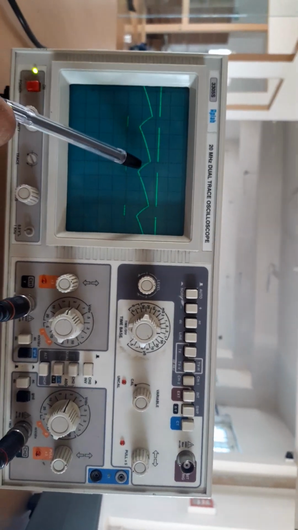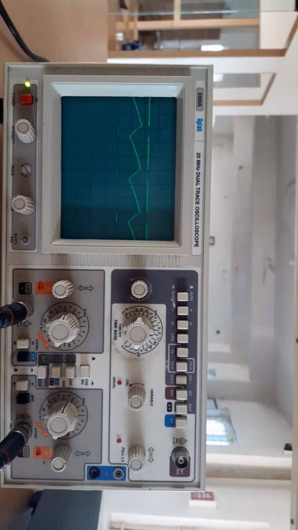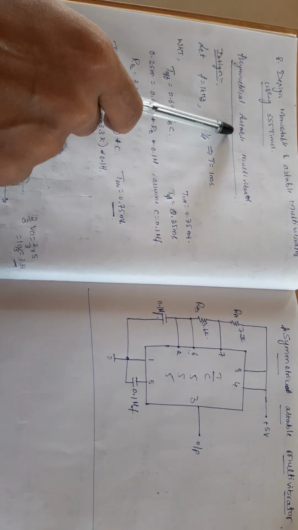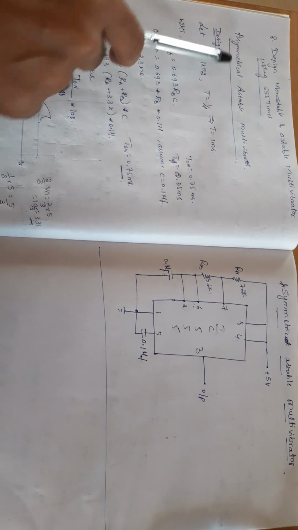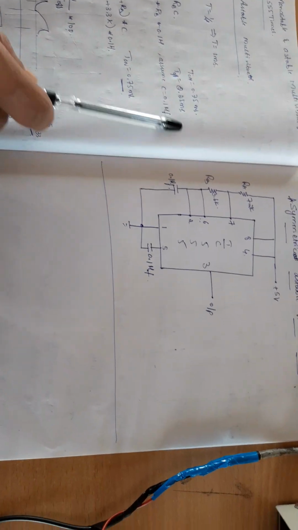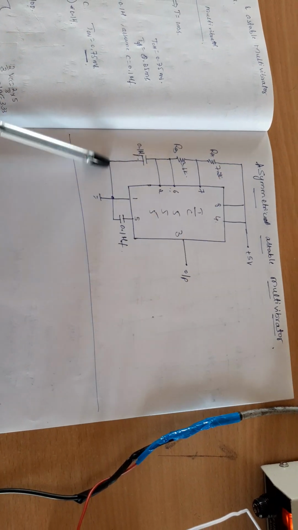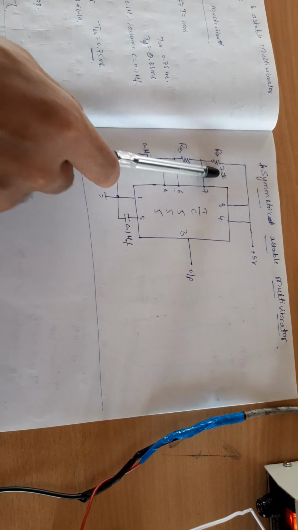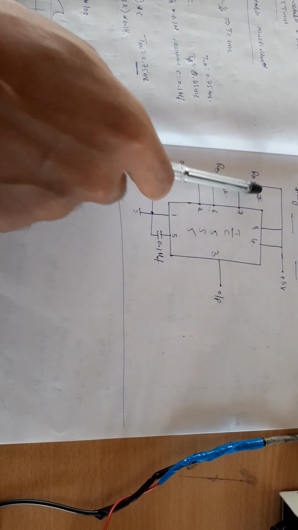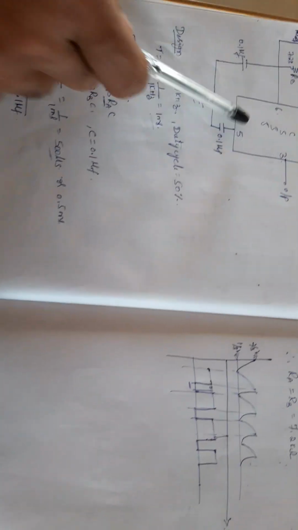And some minor modifications can be made in the circuit. The circuit we have studied is the astable asymmetrical multivibrator. This can be changed to a symmetrical astable multivibrator. In the case of symmetrical, both T on and T off will be 0.5 and 0.5 milliseconds. There we need to make some minor modifications to this circuit. Instead of 7.2K and 3.6K, we will now design the values of RA and RB, which should be equal. That has been shown in this particular circuit diagram.